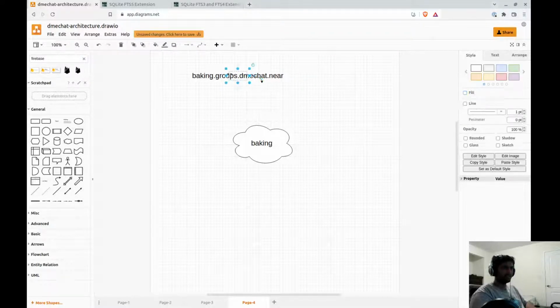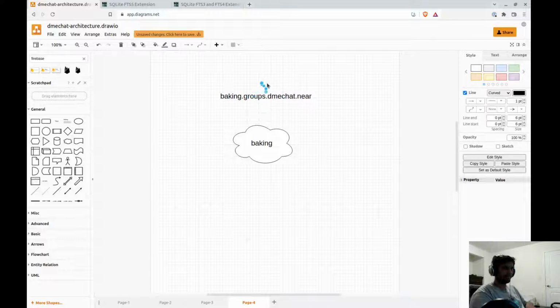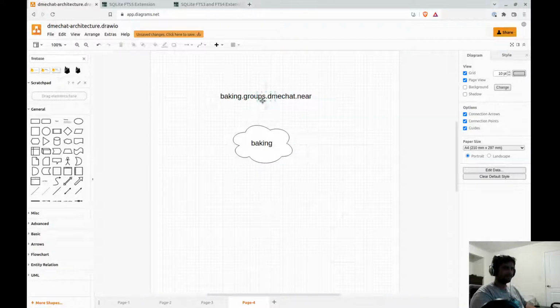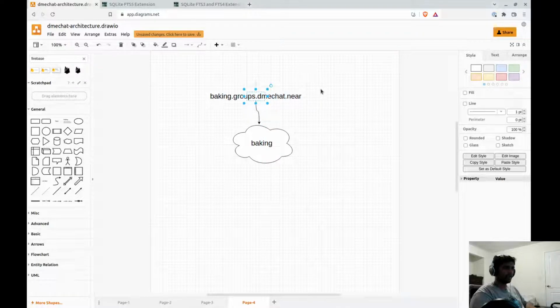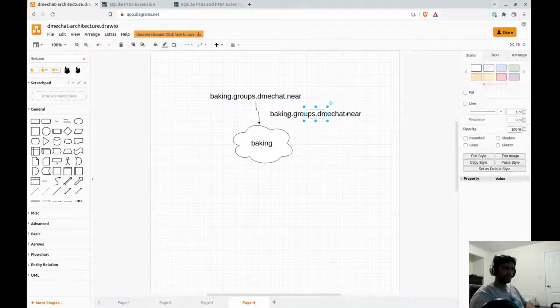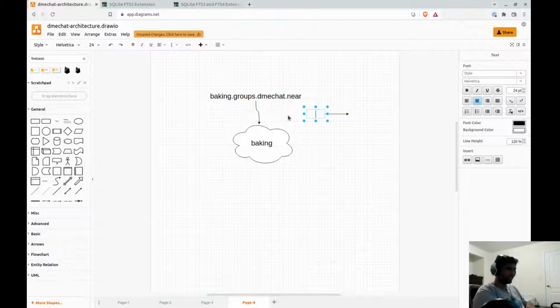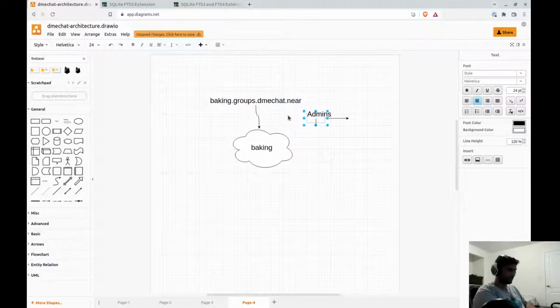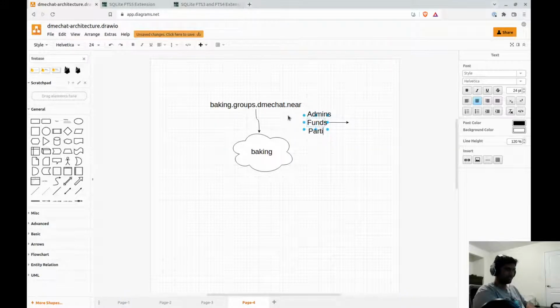This would be the address, for example, and it'll contain information like the admins, funds, expense, and